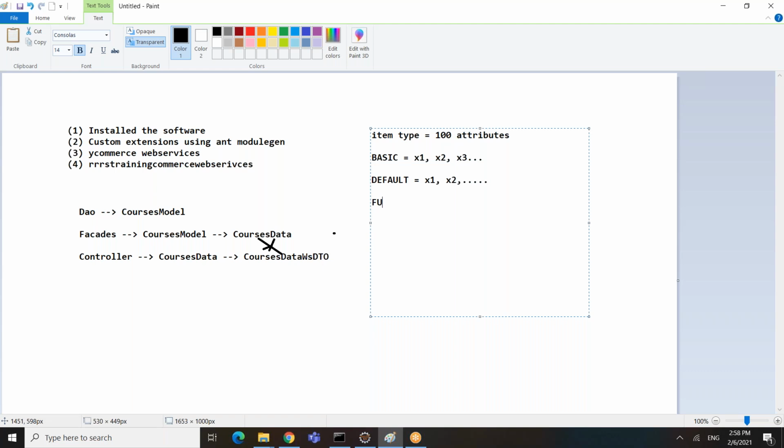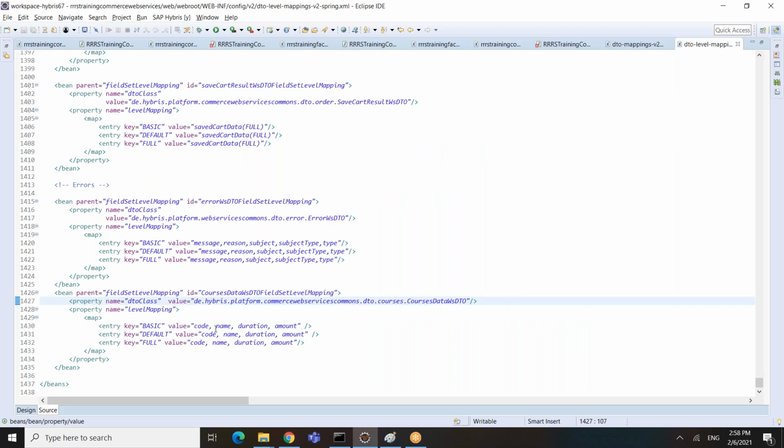And then full, you can return all the 100 attributes. So basically, based on the scope that the consumer is passing, you return the data back to them instead of returning all the attributes. That is what the scope is talking.